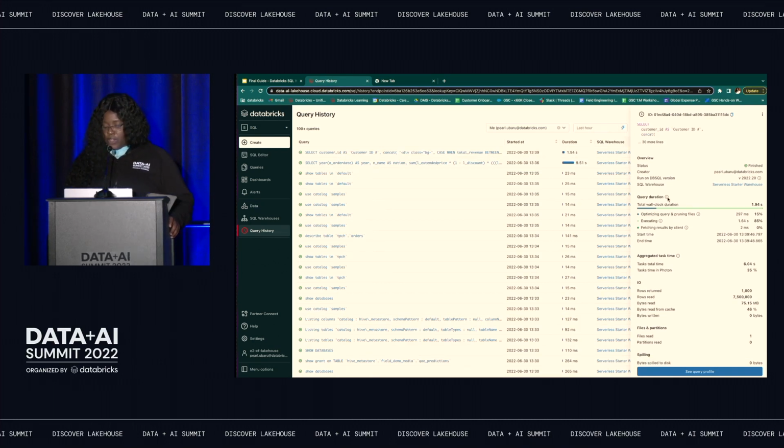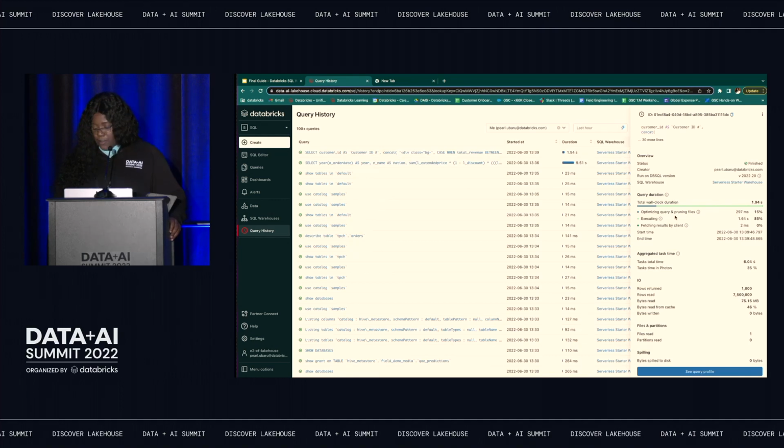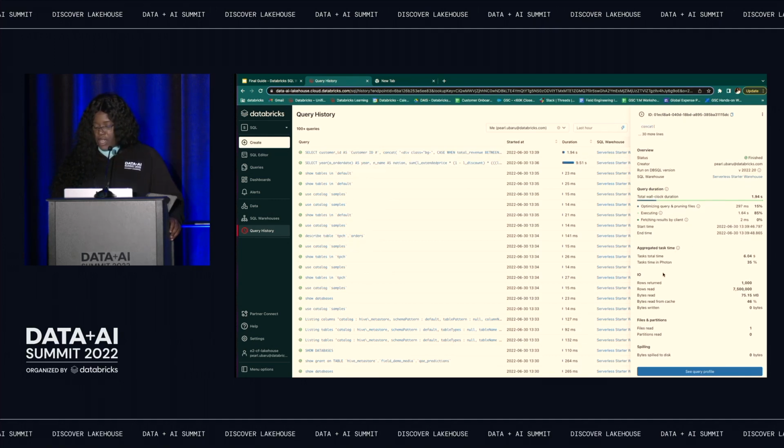You can also view the query duration, and this just gives you a bit more information regarding how long it took to fetch results, optimize the query, and execute the query itself. And as you can see, it's milliseconds and seconds. It gives you start time and end time. It also gives you task time results, your IO information, how many rows were read or returned, partitions that were read, and spill to disk information. So this is great just for